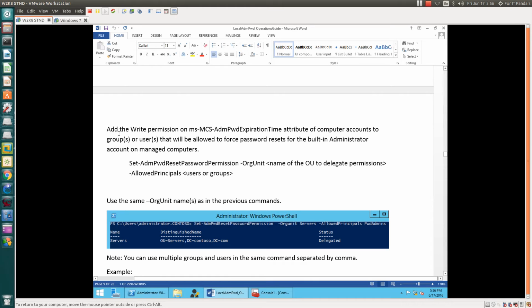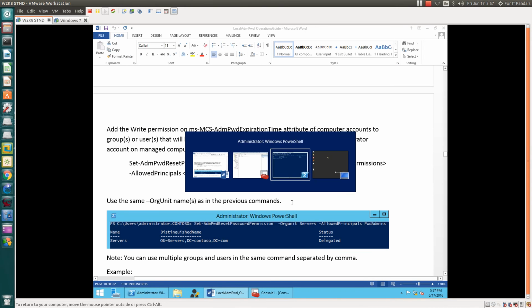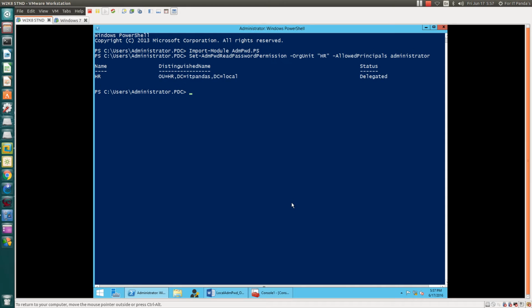Now we have to add a write permission on this attribute. To add the write permission, this is the command, Set-AdmPwdResetPasswordPermission, where you mention your organization unit and your administrator account name or your username. In our case, administrator, let's add the write permission for ms-Mcs-AdmPwdExpirationTime.